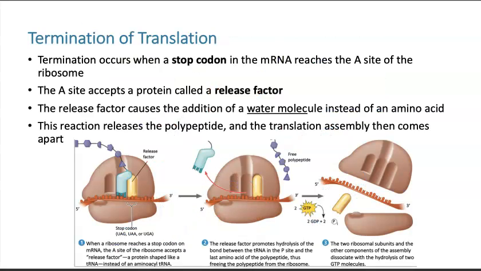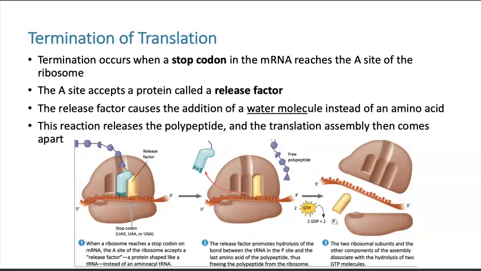The third step in translation is termination. Termination happens when a stop codon is reached. Stop codons are found in the mRNA, just like all codons are found in mRNA. And when a stop codon reaches the A site of the ribosome, the A site accepts a protein called a